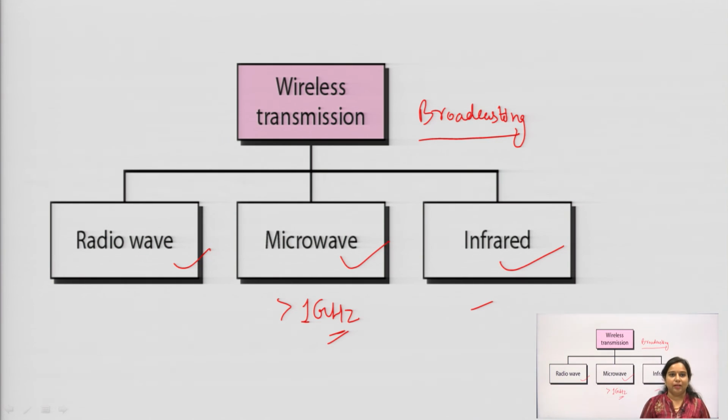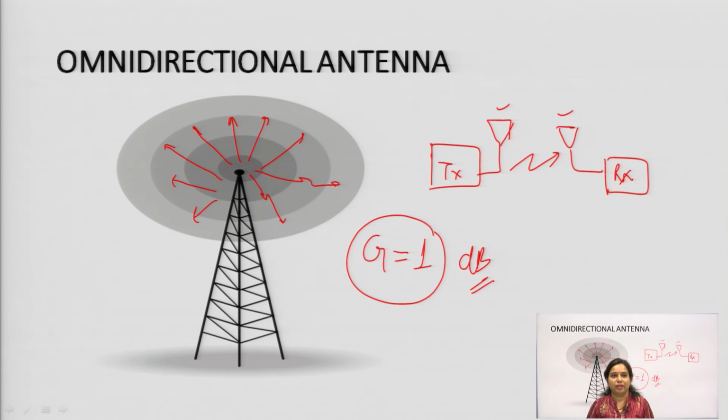Next we have seen the wireless transmission. I have told you that different types of frequency ranges are used, like the radio wave frequency range, the microwave frequency range, and the infrared frequency range. The radio wave frequency range is used in the superheterodyne receiver or different types of receivers. In case of microwave devices, frequencies greater than 1 gigahertz are used. Another is the infrared frequency range of operation, which is also used for wireless transmission.